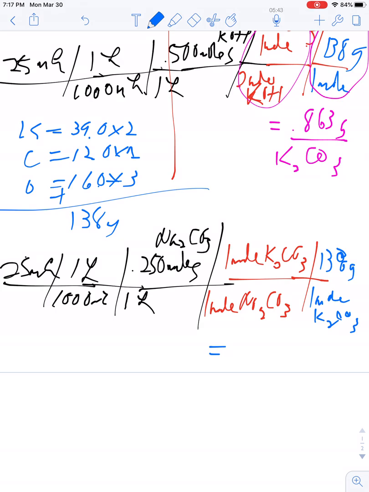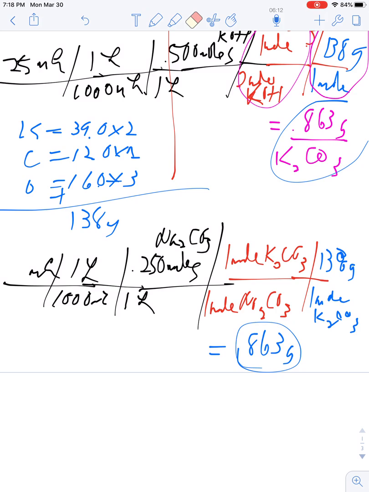And I get, oh, interestingly enough, I get the same number. If this number, you have to compare the two numbers. Whatever number is smaller, that's the limiting reactant, okay? So suppose instead of 25 milliliters, let's just change this and say it was 15 milliliters. So if we pretend that, for argument's sake, that this is 15 milliliters,